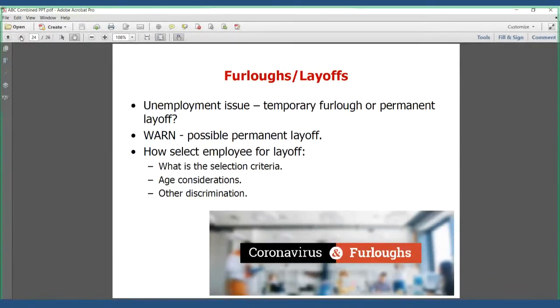If you're going to have a mass layoff or a plant closing and you have over 100 employees, you have to worry about whether you need to give a WARN Act notice, which is a 60-day notice prior to the plant closing or mass layoff. So if you're over 100 employees and you're going to have a substantial layoff, contact your attorney and see whether you fall under WARN and whether you fall into an exception where you have to give that full 60 days notice. Because obviously, in this landscape, you're going to want to move quickly and give as little notice as possible